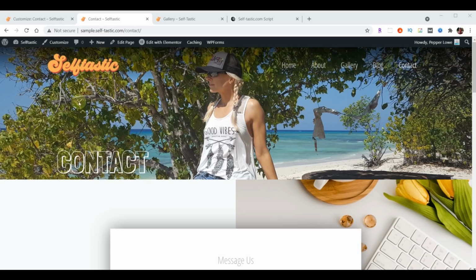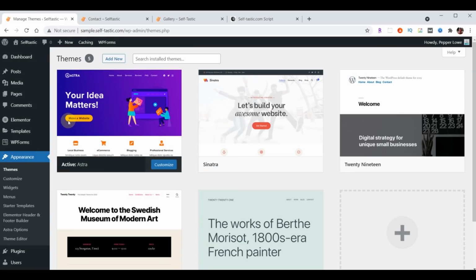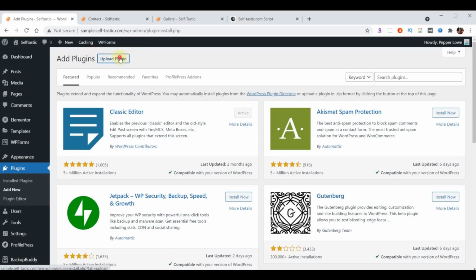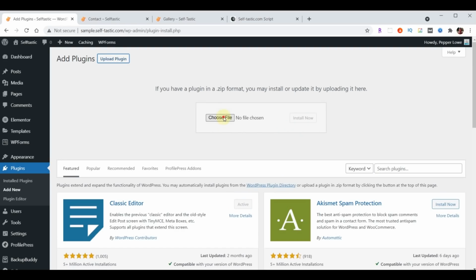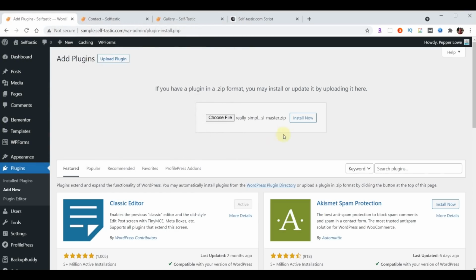To do that, we're going to go back to WordPress. We'll exit to the dashboard. Now we want to install the plugin that's going to allow us to make our pages secure. So we're going to go down to Plugins, Add New Plugin, Upload Plugin, Choose File, make sure we're looking at our Downloads folder. And now the one we're looking for is Really Simple SSL. Hit Open, Install Now,